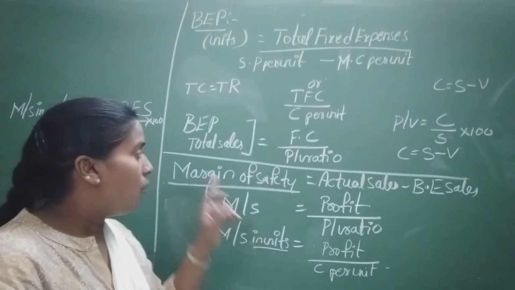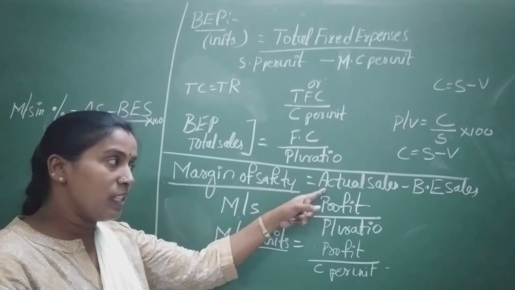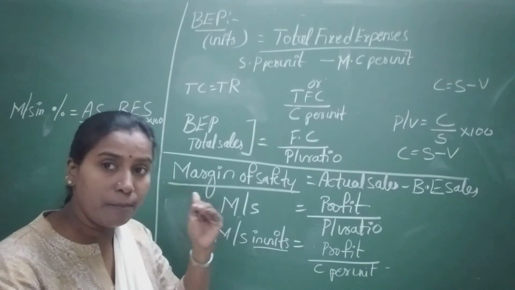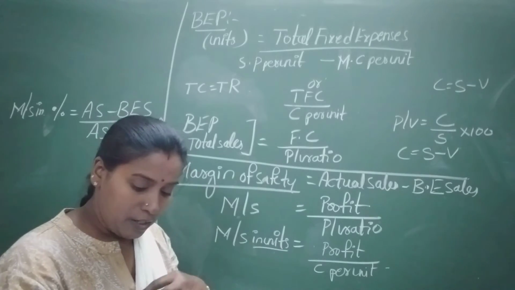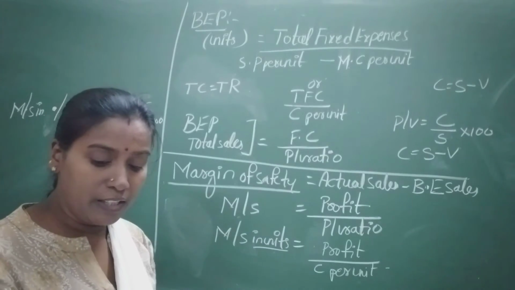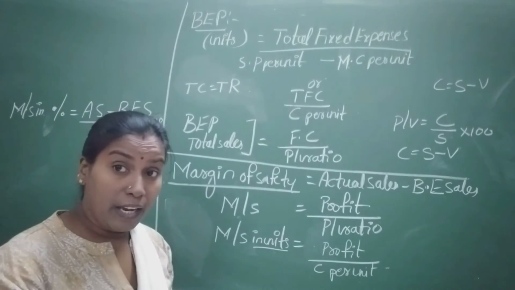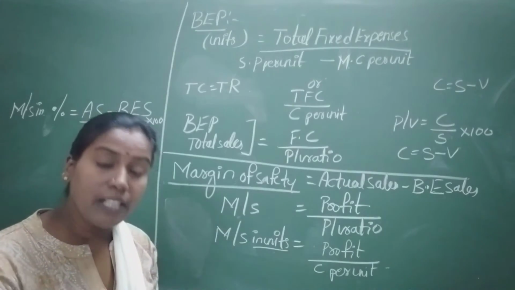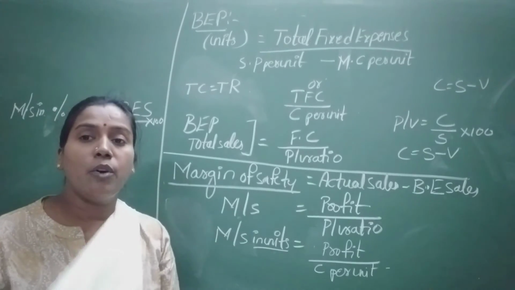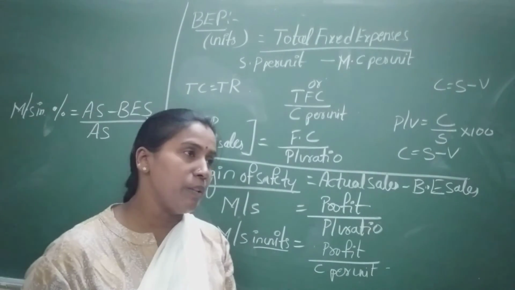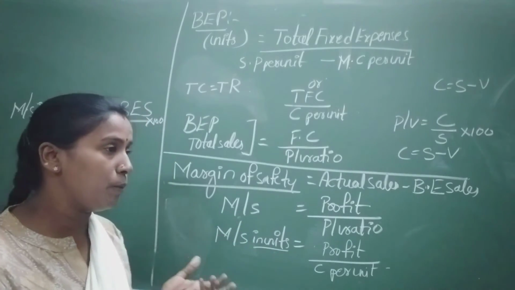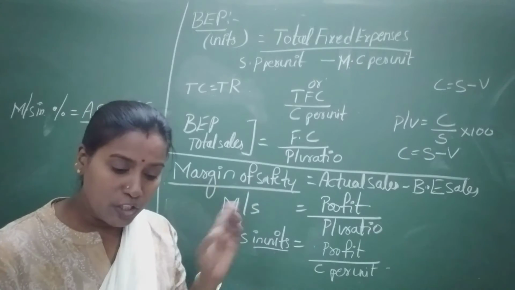So margin of safety is also the difference between actual sales and BE sales. That is one point. What the margin of safety is telling is the difference between actual sales and break-even sales. If the relationship is more, there is a profit. If the relationship is less, there is a loss. You are able to get my point? One more assumption is there for margin of safety: sales or output. The sales or output beyond the expectation, beyond the break-even point. More than break-even point you produced comes under margin of safety. Beyond the output you expected, more than that you produced, that also comes under margin of safety.